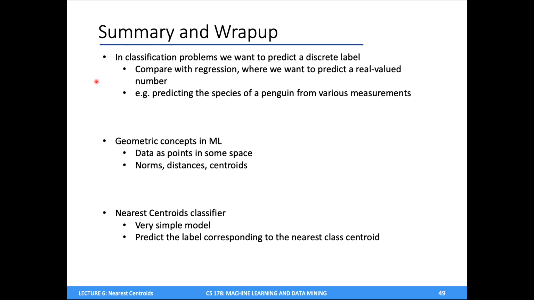I also pointed out various different geometric concepts in machine learning, i.e. thinking about data as points in some kind of space, and then we could think about norms, i.e. size of vectors, and distances and centroids, these very geometric ideas. And then lastly, we